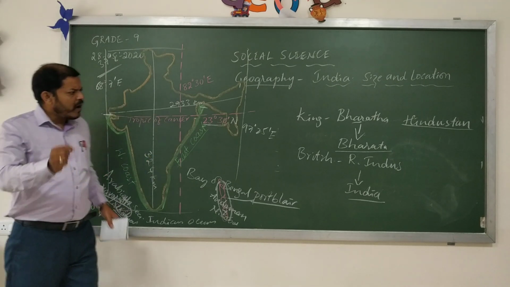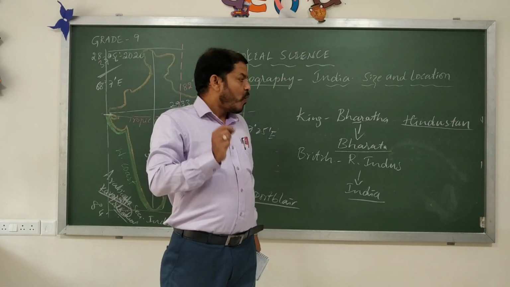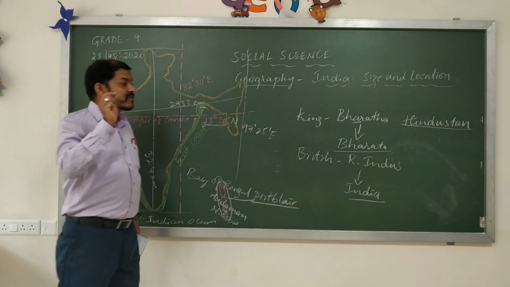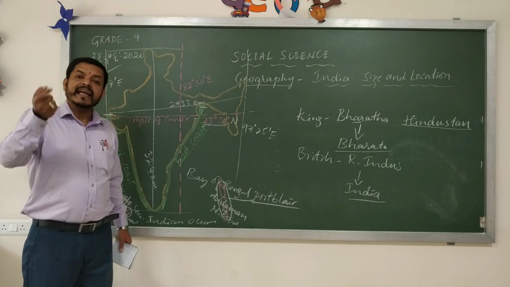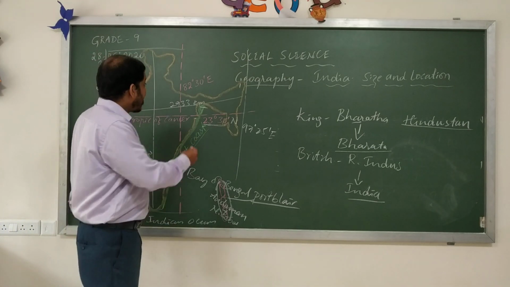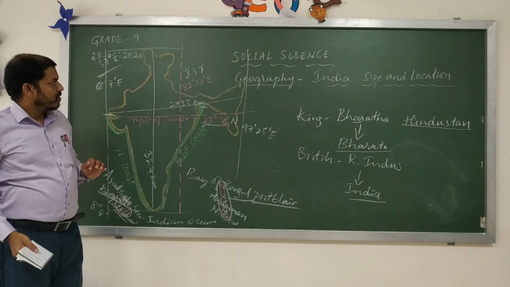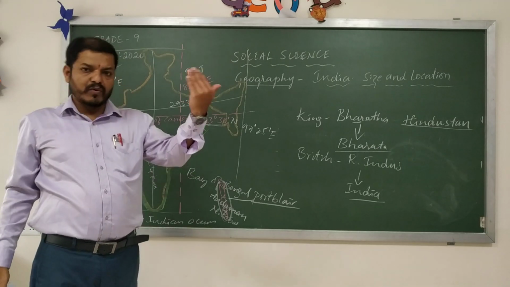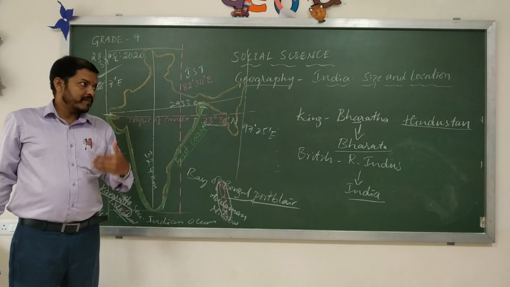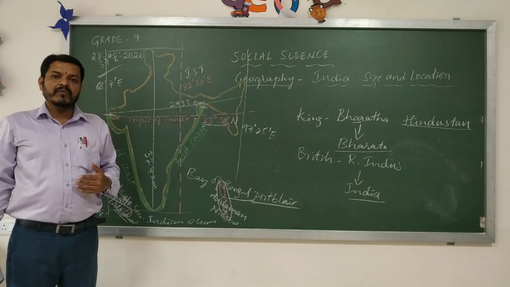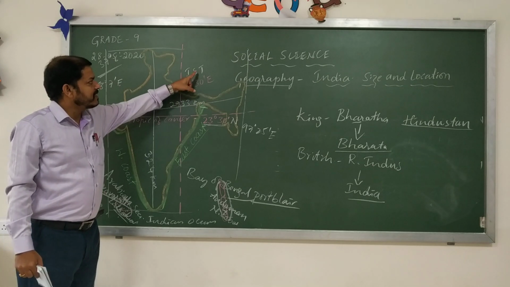Now we have to learn one more important point here. When it comes to longitudes, one important longitude passes through the country. Based on that longitude, we have taken India's standard time, that is IST, Indian Standard Time. You know that different countries have their own standard time. But for the entire country, although it is a subcontinent, although it is a peninsula, and the seventh largest country of the world, we follow one timing line. That is called the Indian Standard Timing Line.